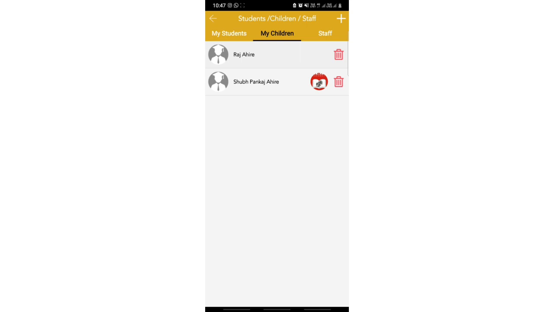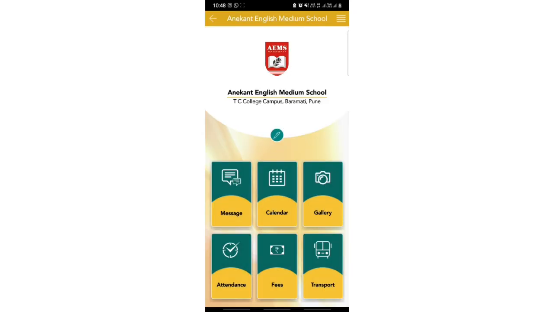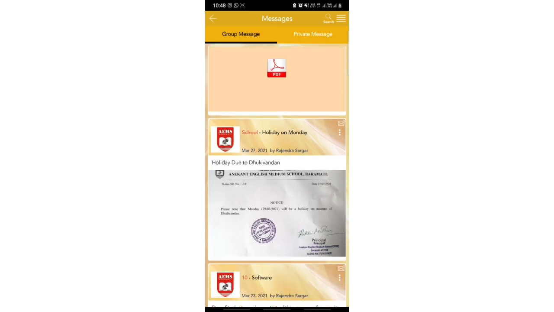School Beep app. After this, the child will be mapped in our school system, and only then will you be able to check the child's class, division, etc. on the group messages. So just take it back now. Afterwards you can check the messages of the 10th standard, 9th standard, etc., whichever class you have added.